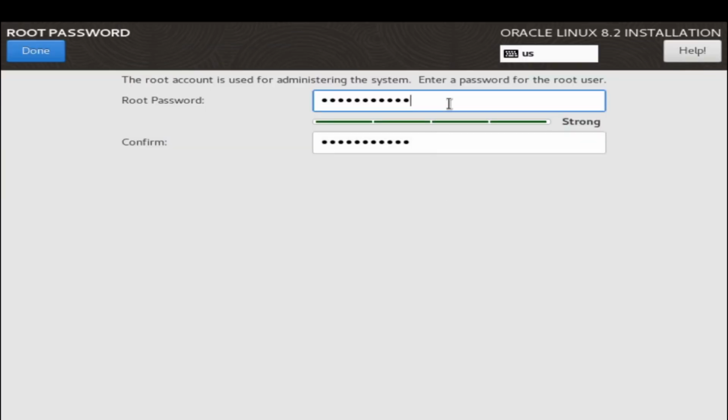Now enter your root password. The root account is used for administrating the system. Enter the password for your root user and confirm it with the same password, and ensure that it is strong. Then click on done.